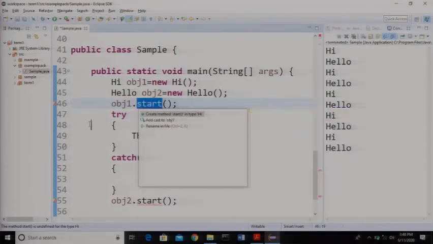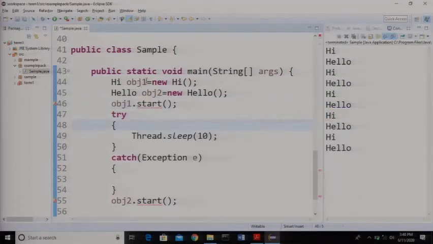See, now object 1 is an object of class hi, which is not a thread now, right? We have not extended it from the thread class. We have implemented the runnable interface. So here we need to create a thread and then call the start method.